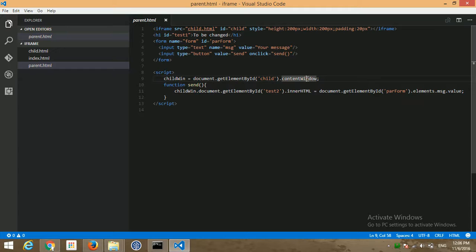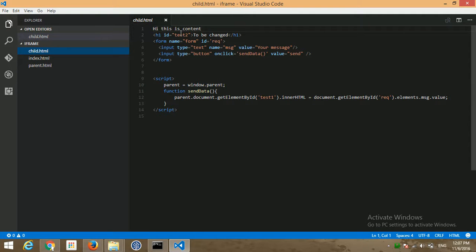Now using the contentWindow of child.html, I can get all the elements inside that child.html. So see here, I have created a send function. Inside the send function I have written childWindow, which is this child window. Now childWindow.document gives us the child document, which is the child.html document. Inside this I have created test2, so let's go to child.html.